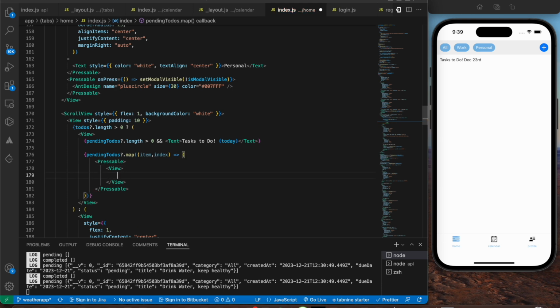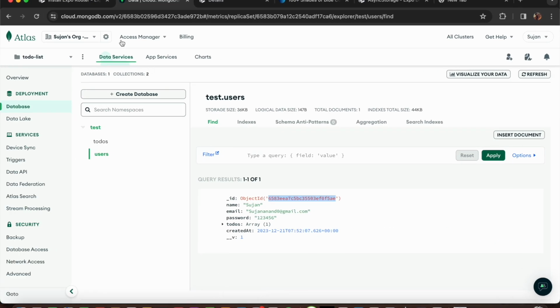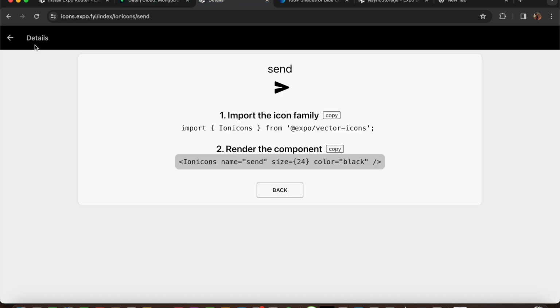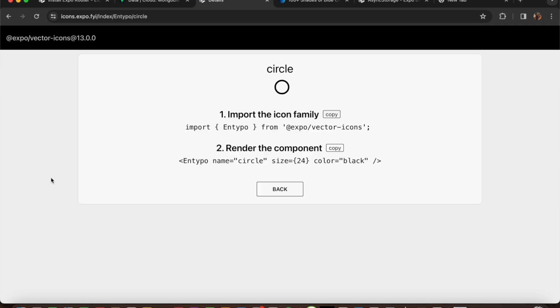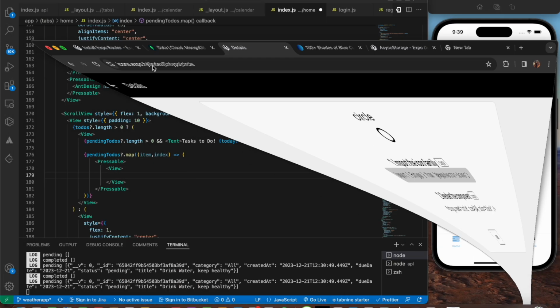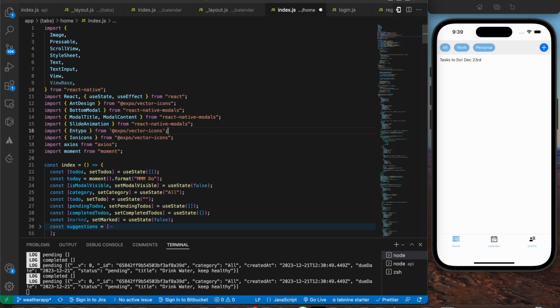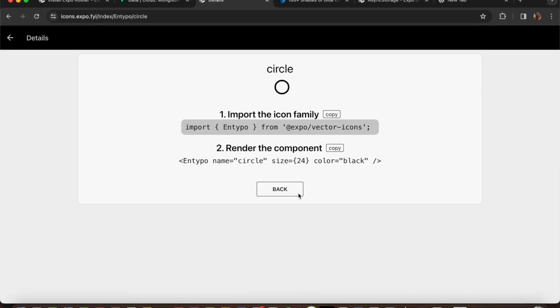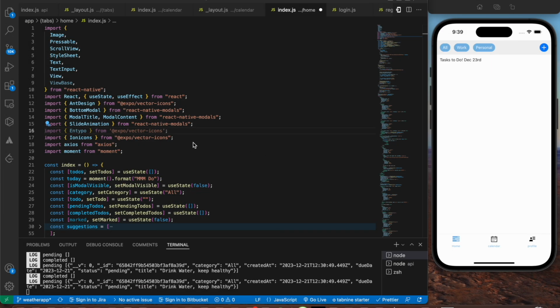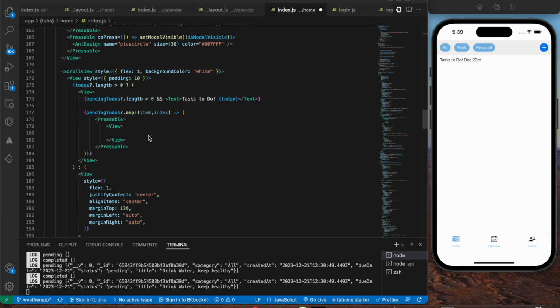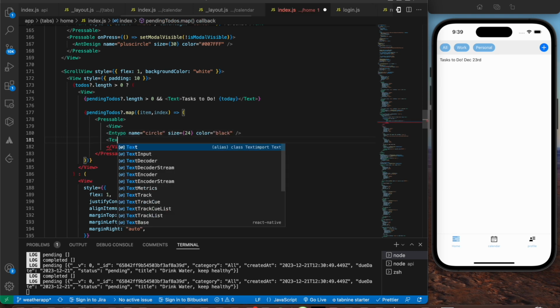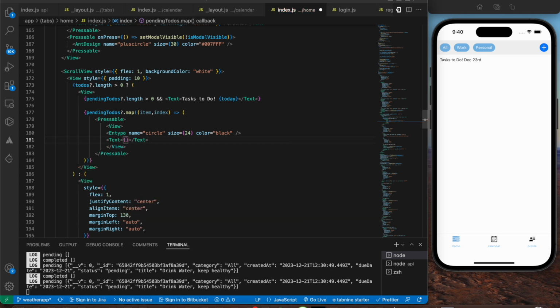This view in turn is going to contain basically two things, that is the icon, that is the circle icon. So let's go get that. Yeah, it's going to be this icon. So import the icon family and let's copy the render component code and paste it over here. This is the first thing, and apart from this, we're going to show, of course, the title of the to-do, whatever it is. To access it, it's going to be item.title,